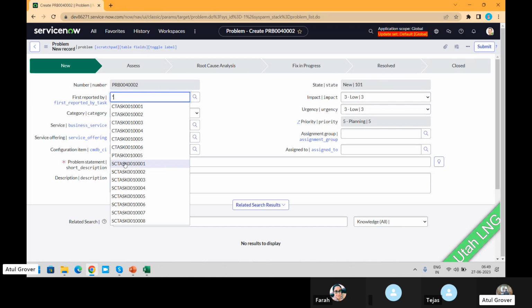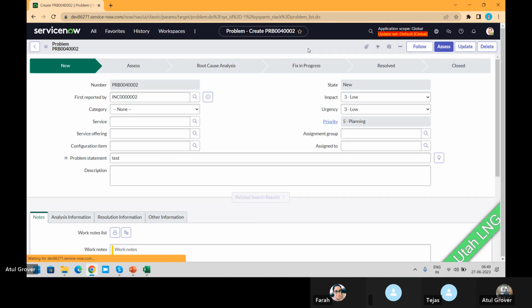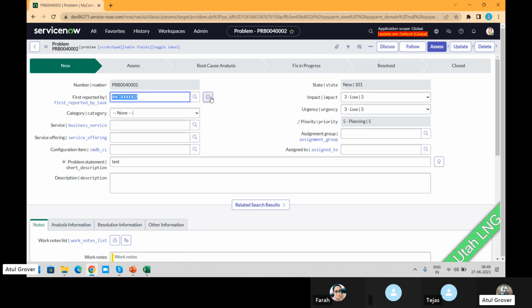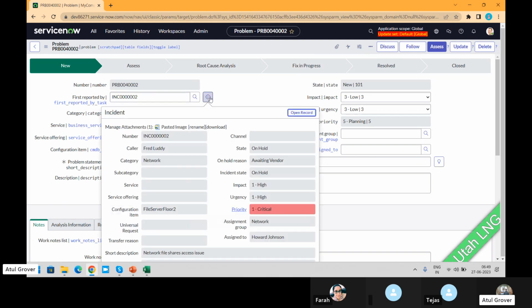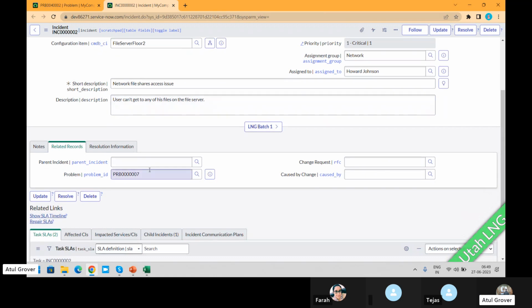Now, if I raise this on an incident, if I click on save and open this incident, I will find the problem record under that. So it is a linking, but let me show you something good. And now if you open another window, and if you see here, see, problem record.